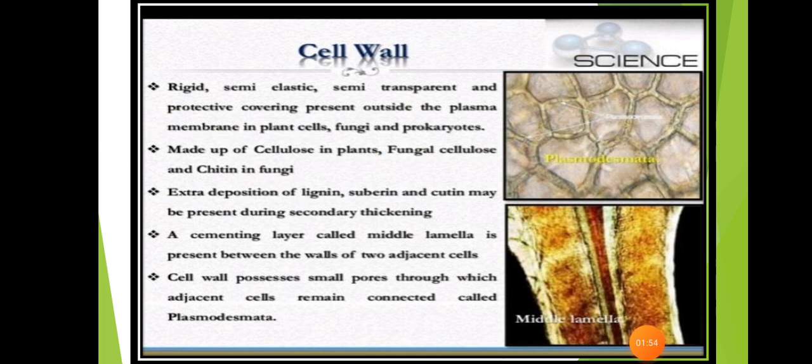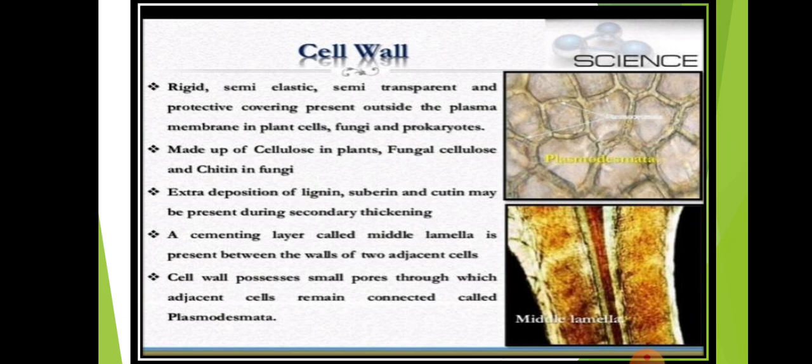Dear students, as I told you, for making a perfect wall we want good quality bricks and good quality cement. In this way, if the components are not present in the cell wall, then it is highly difficult to protect the cell itself. So that's why it acts as a protective layer of the cells.